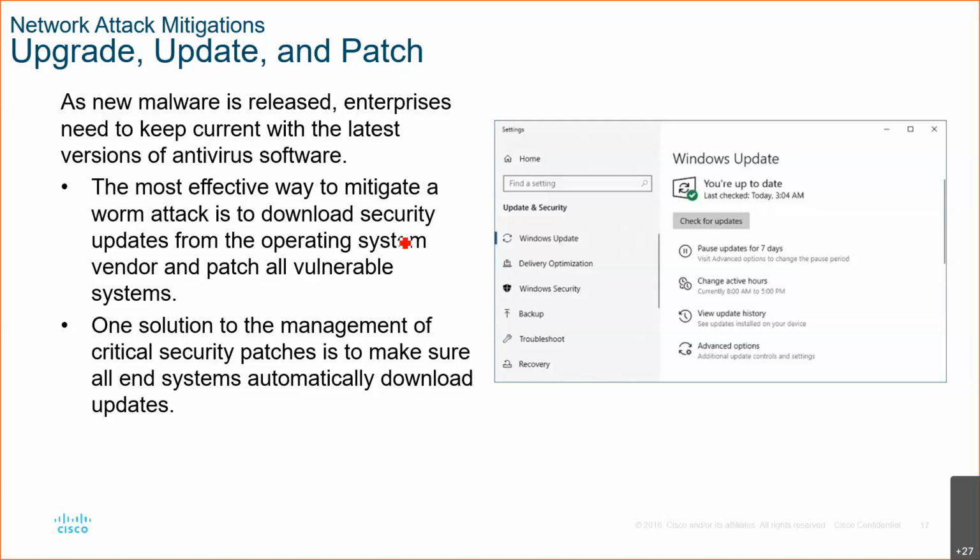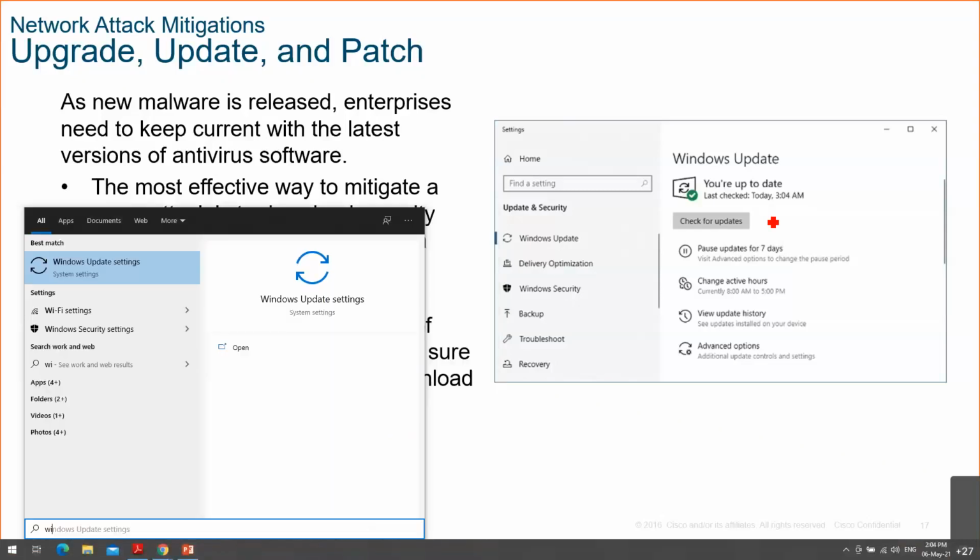So you have to ensure that your system is always up to date. Why? Because these software systems, especially if you're having a Linux system or a Windows system, always check for patches, and that's what you're installing to protect your system from being attacked. So if I go, for example, to my Windows update settings,